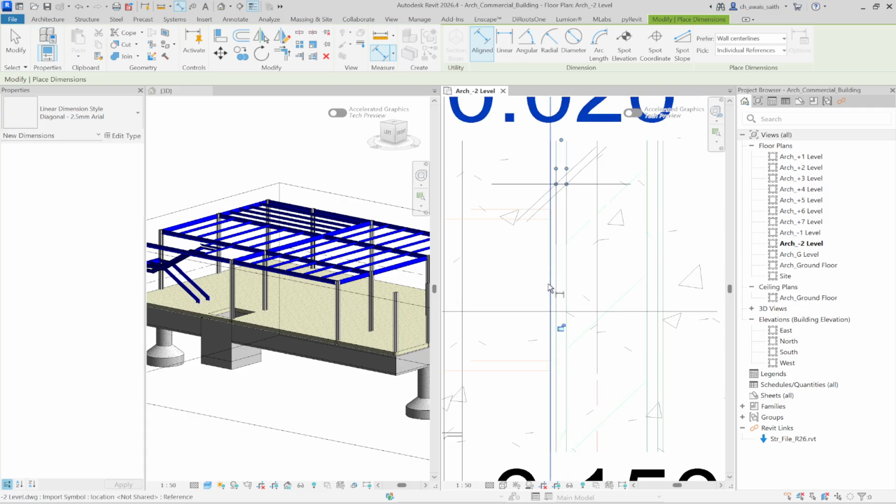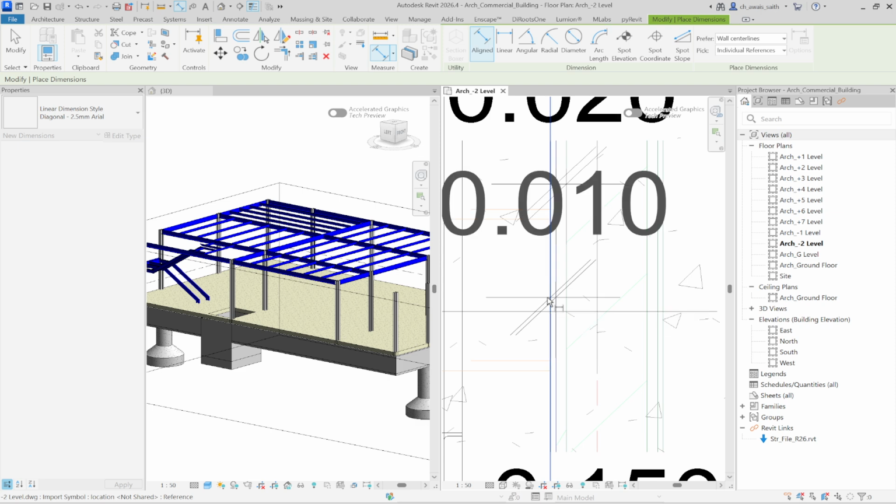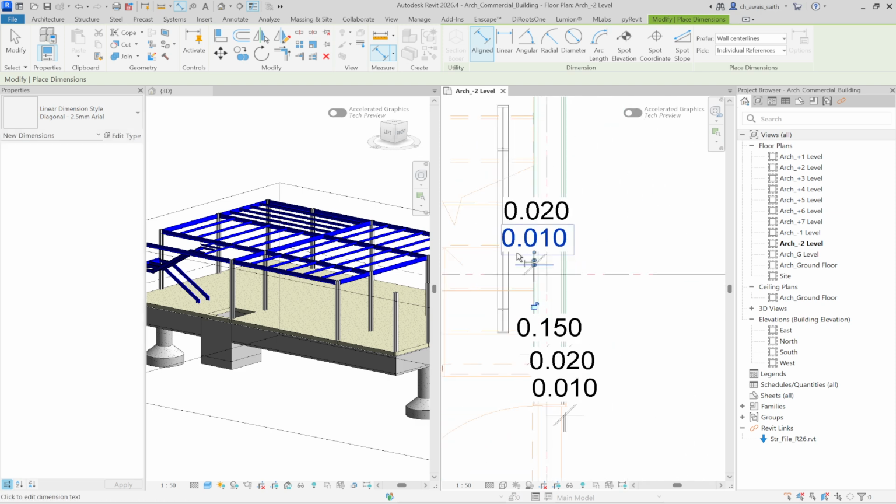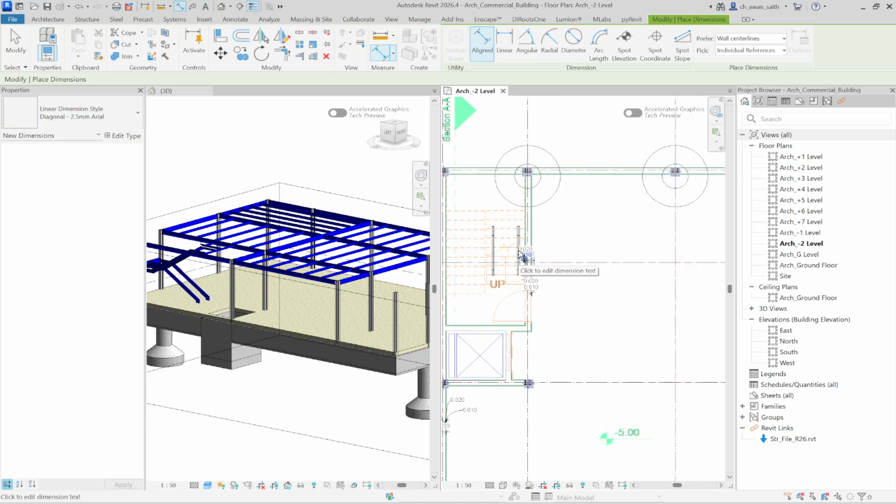Same here and also same here. So this wall width is 15 centimeter or 150 mm,